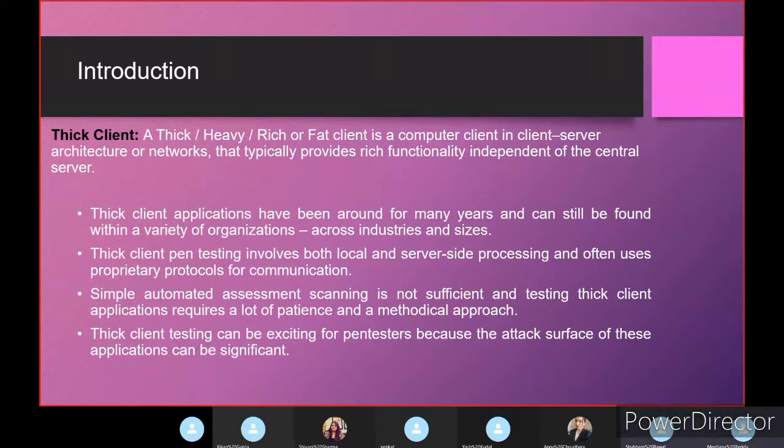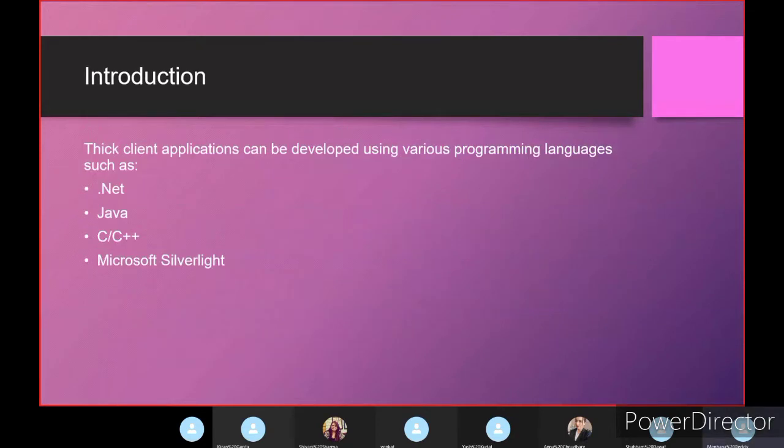Examples of thick client applications are Google Talk, Yahoo Messenger, Microsoft Outlook, etc. Thick client applications can be developed using various programming languages such as .NET, Java, C++, and Microsoft Silverlight.